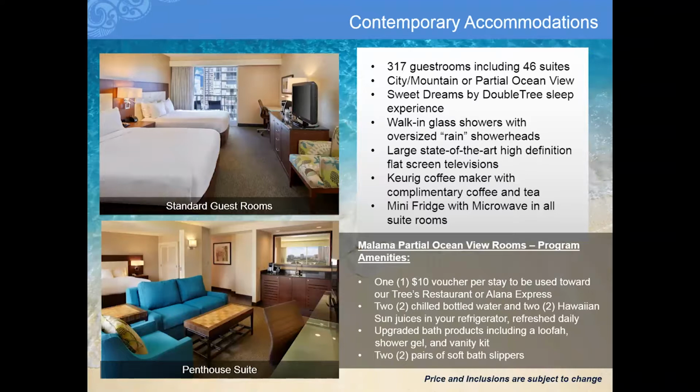If you want your guests to have more of an enhanced experience, we do have what we call the Malama partial ocean view category. As you can see, if they book that specifically, they will receive all of those amenities. One, a $10 voucher that they can use at the Trees restaurant, daily water and juices that are replenished, and then upgraded bathroom products. Okay. So with that said,